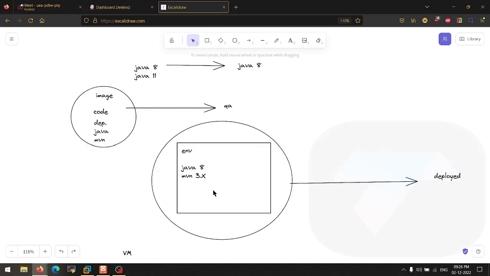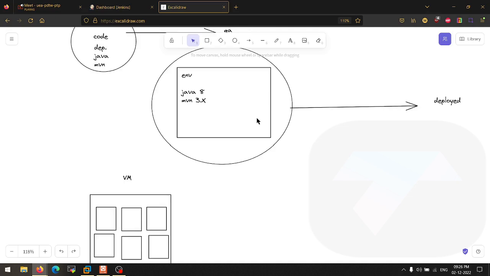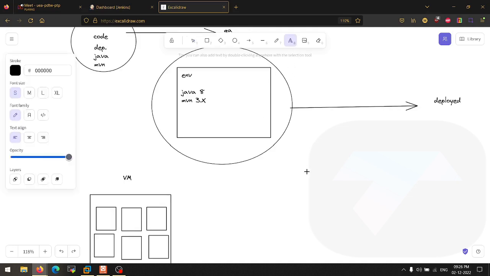Okay, now because we are using images, apart from this environment, what else does this image contain? Number one, this image is nothing but a low level OS, you can say. I will not say whole OS, remember that, or you can say some part of OS. Why some part of OS? Because your OS may contain Java 17, but this image contains Java 8. So if you want to test anything, the image has a separate, isolated environment where you can do the testing.